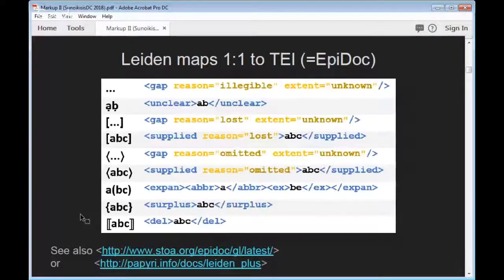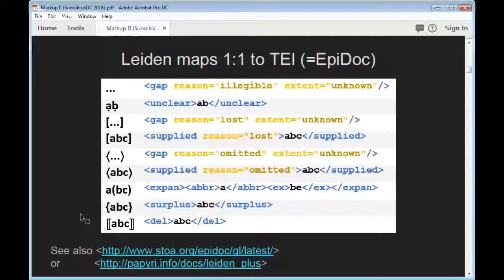This Leiden is, as I say, an arbitrary symbolic representation of the semantics of what's going on in the edition. And EpiDoc is another symbolic, arbitrary representation of the semantics of what goes on in the edition, but EpiDoc follows exactly the same semantic distinctions as Leiden. It just uses different symbols for them. It uses XML to represent those pieces of information, and you can see in this slide a few of the same Leiden examples with a demonstration of what the XML equivalent would be of these